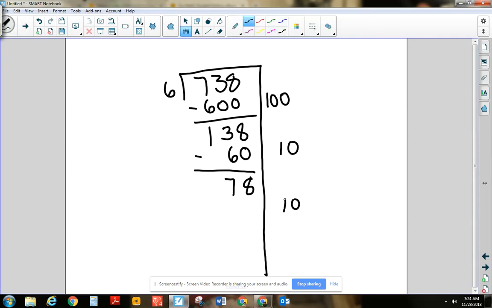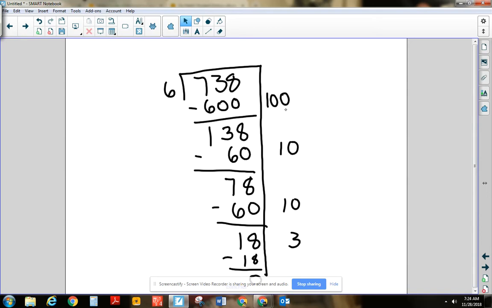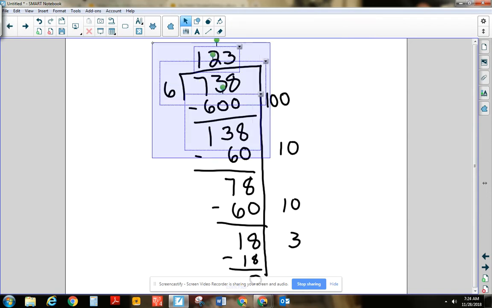Well, we can fit 10 more because that's 60. We got 18. How many 6's fit into 18? 3 of them. Minus 18, and I'm left with 0. So it would be 110, 120, 123. This is what our model looks like